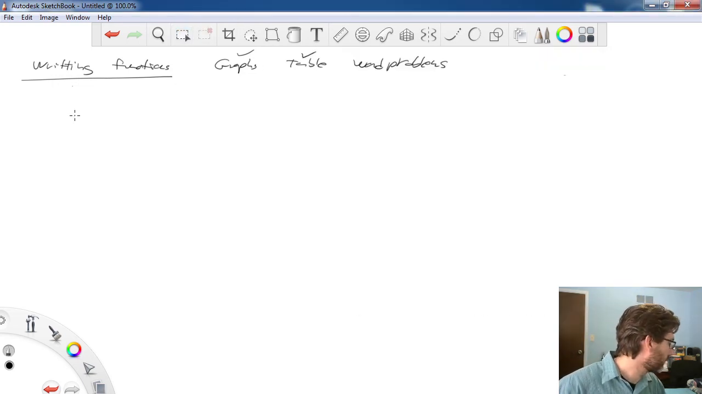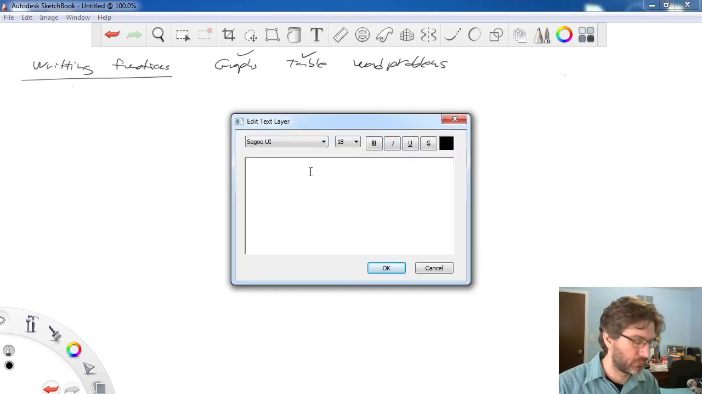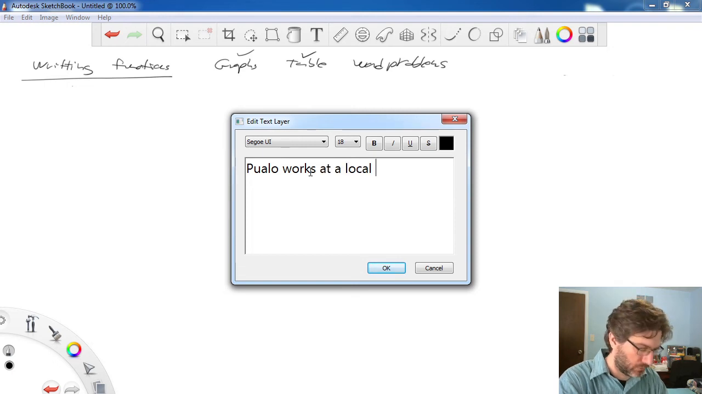So for our word problem, let me see if I can find a word problem. I'm probably going to have to type it in here because I don't have one typed up. Let's see. Apollo works at a local store. I might have one in the actual notes. I don't have my notes right now. This might be the one I use in the notes. Here's